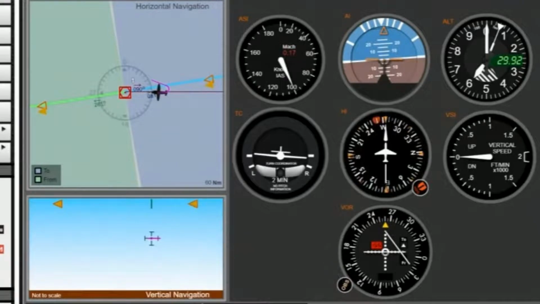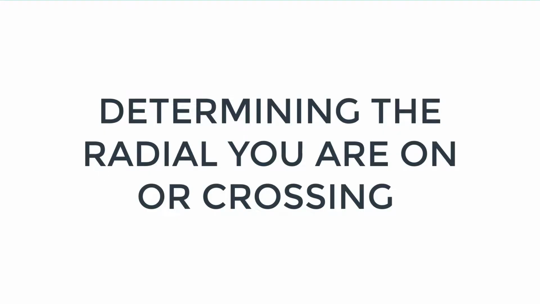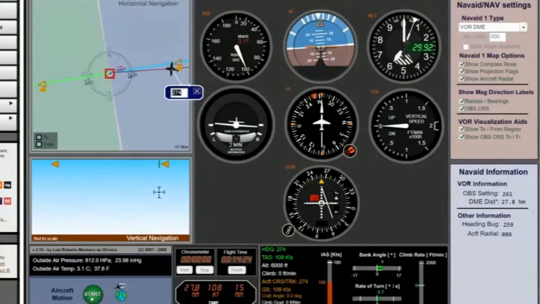Does everyone understand how we did? You don't need to actually be flying to the station to utilize the VOR. If you want to know what radial you're passing, I'm going to put the airplane at 360 degrees, so it's going to be directly going north now. Now, this airplane is going to go north, and if I want to know what radial I'm passing,